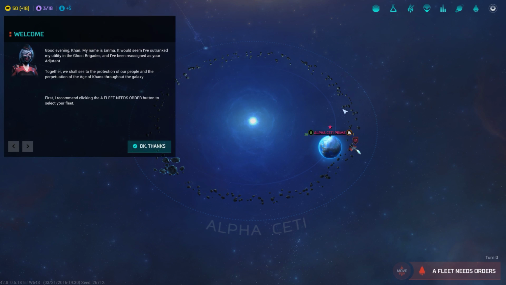So, here we are. Good evening, Khan. My name is Emma. It would seem I've outranked my utility in the Ghost Brigades, and I've been reassigned as...